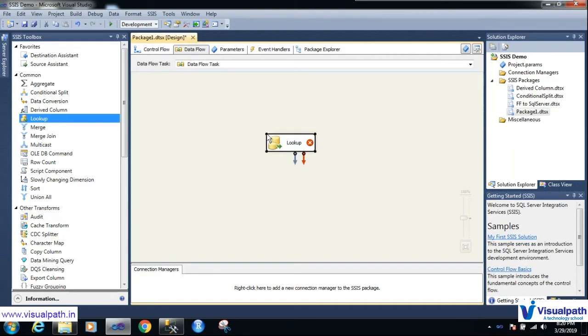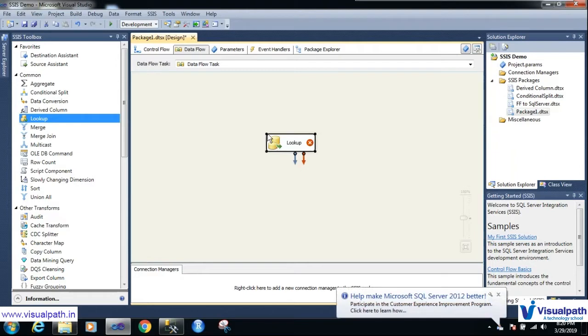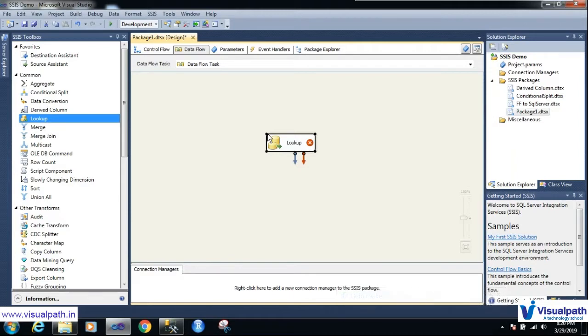For example, we have data in the table, and daily new files are coming from the client. They want to dump only unique records into the table. Those files may contain duplicate data or unique rows, but it depends, we have to check that. So what do you mean by lookup?